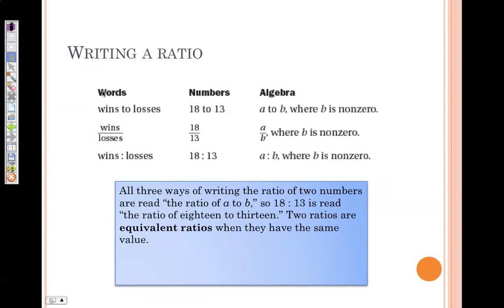All right, your second vocabulary word is equivalent ratios, and equivalent ratios are two ratios that have the same value. So please write this last sentence here in this box. Two ratios are equivalent ratios when they have the same value. And some examples for you would be